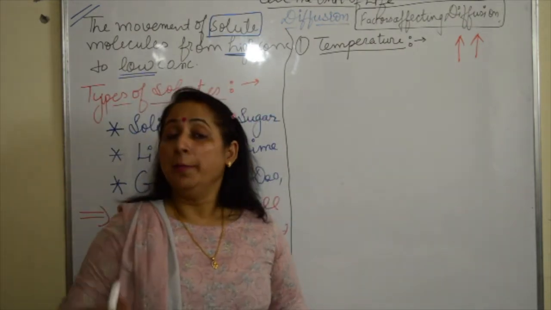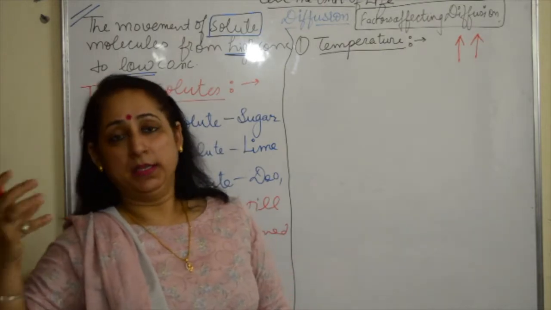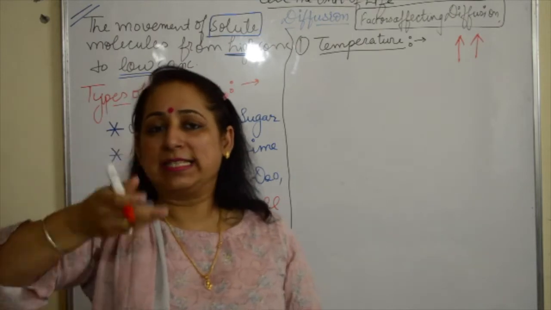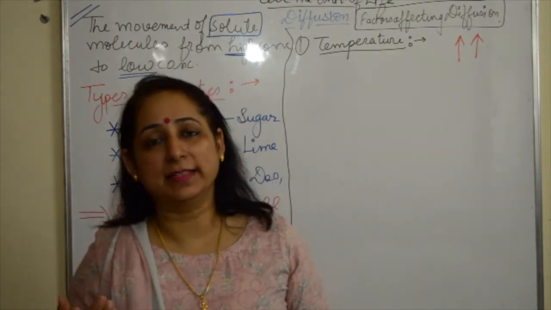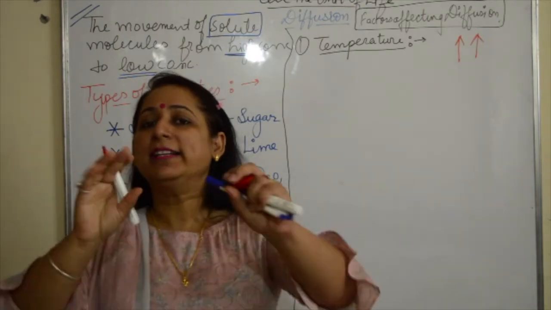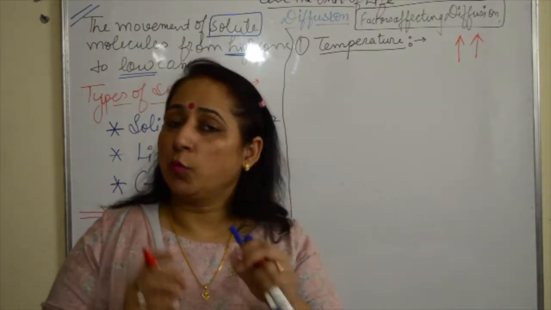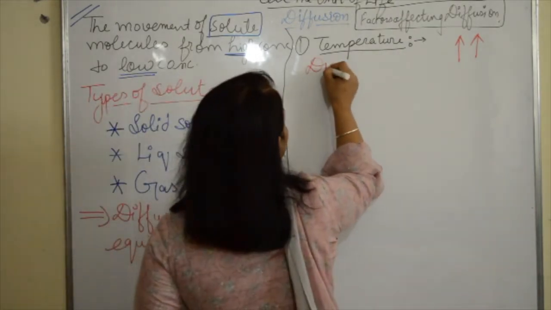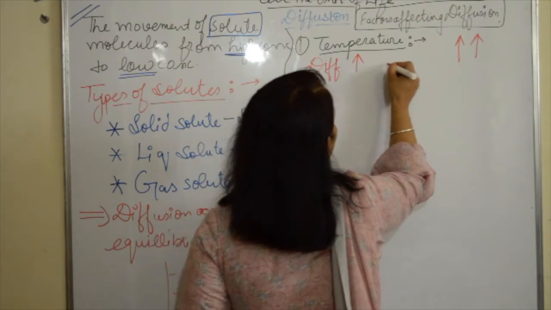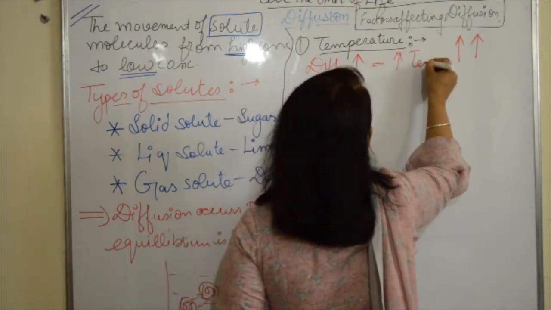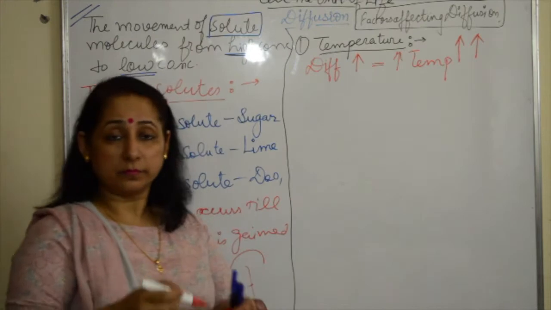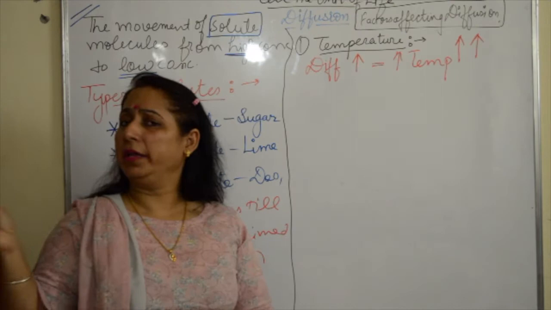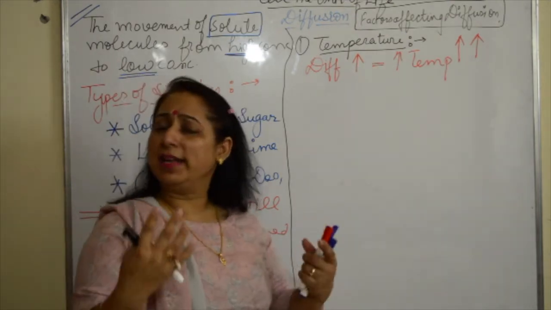You can't smell it, because when it is being heated, the kinetic energy of those molecules of, you know, whatever the smell, the fragrance is, that is more, and it is being provided kinetic energy by the heat. So when the temperature is more, the process of diffusion increases. So diffusion increases with increase in temperature. Fine. So very common example about food, wherein when it is hot, you can easily smell it throughout the house.